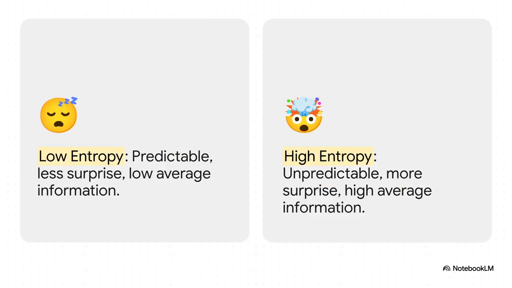And this really gets us to the two extremes of entropy. On one end, you have a low entropy system. It's predictable. Imagine a loaded die that lands on 6 almost every single time. There's basically no surprise, so you get very little information from each roll. On the other end, you have a high entropy system, like a perfectly fair die. It's totally unpredictable. Every roll is a genuine surprise, so the average amount of information